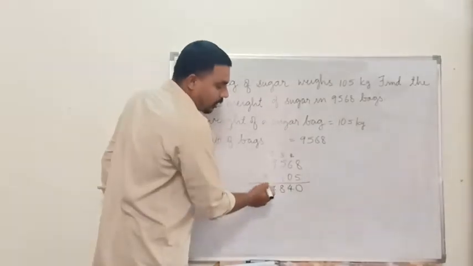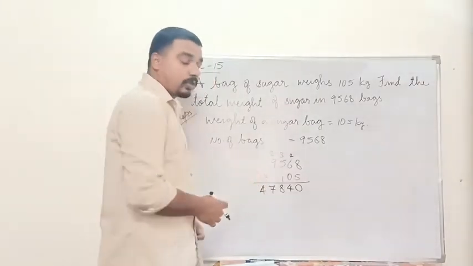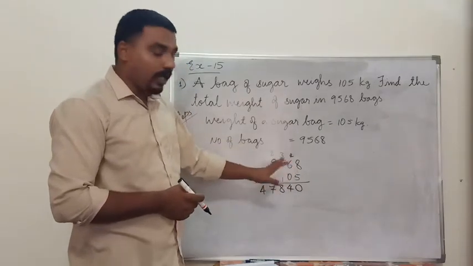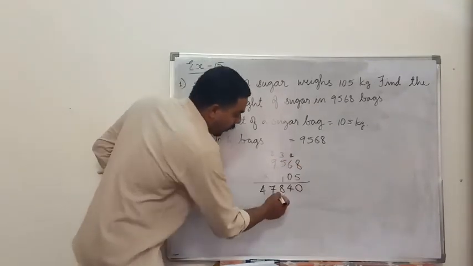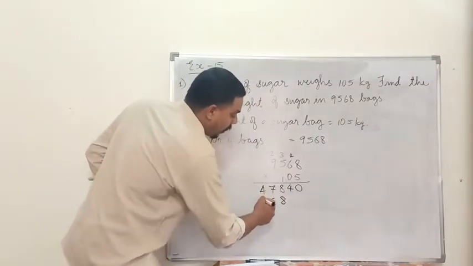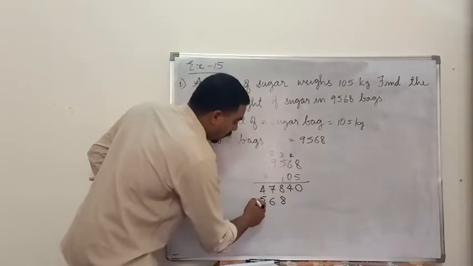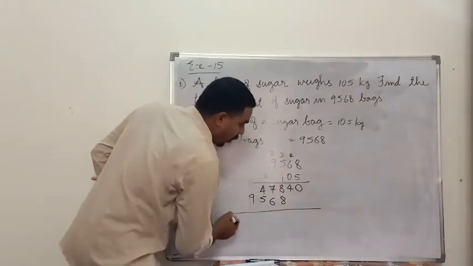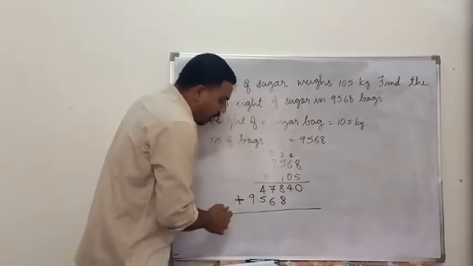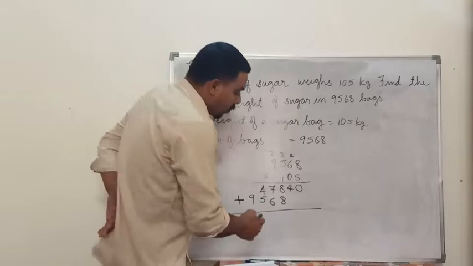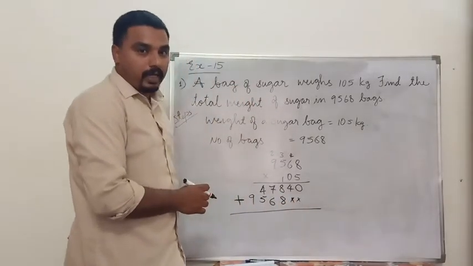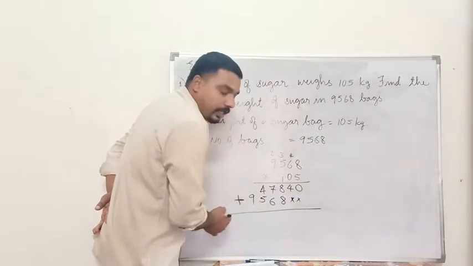Next is the 100th place, ones place. So it is also very easy, because you know when we multiply any number by 1, we will get the number itself. So 1 into 8 is equal to how much? 8. So 6, 6. 1 into 5, 5. 1 into 9, 9. Then what we have to do? We have to add this. After this, the last step, we have to add these numbers. So here we can either place into mark or 0. Okay. So I have put here the into mark only.